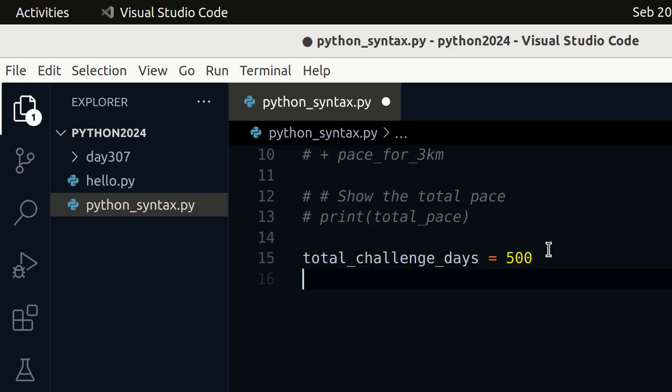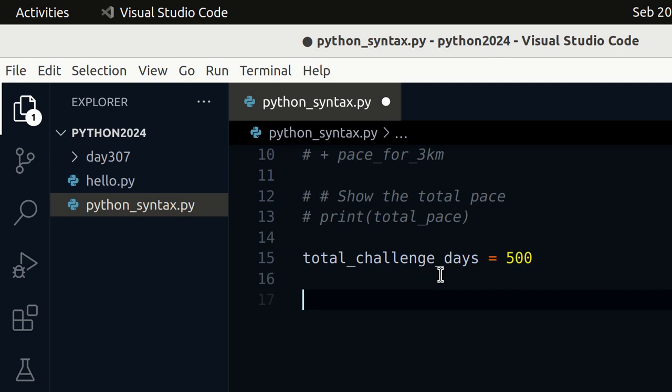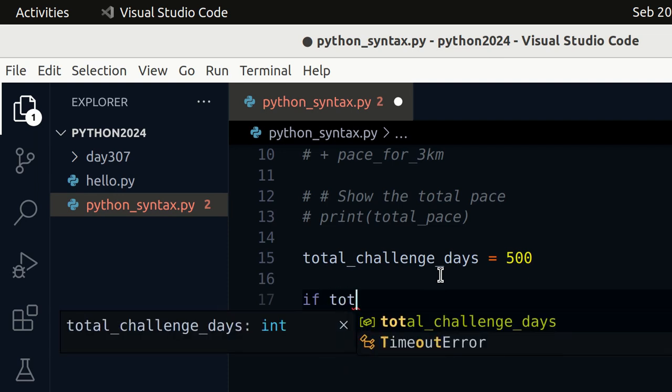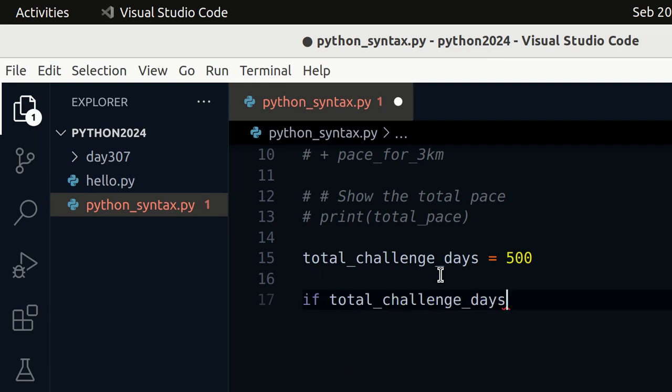When you are naming a variable, you don't need to put spaces. We are going to talk about that deeply when we are looking at variables itself. Now from here, if I write an if statement saying if total challenge days equals 500,